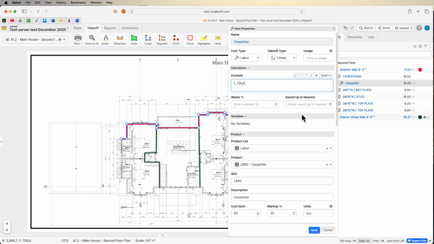Now watch what happens when I click off of it. It's going to give me 18 hours. It's matching the quantity here. And then I can say, okay, I'm going to take these 18 sheets and divide it by,